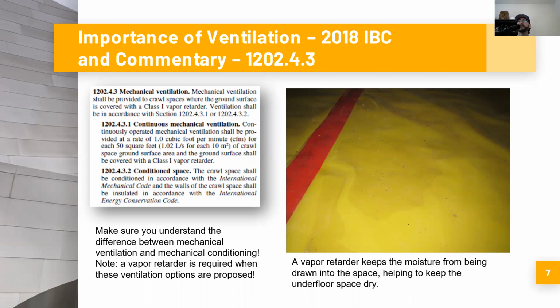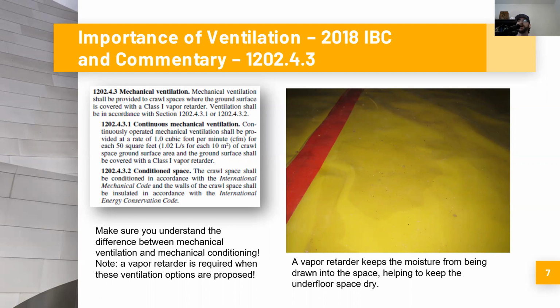And it's kind of funny because it's a little redundant now. The vapor retarder is noted in the base section for mechanical ventilation, but then it's also noted a second time under the mechanical ventilation subsection 0.1. Here's what that says. Continuously operated mechanical ventilation shall be provided at a rate of 1 cubic foot per minute for each 50 square feet of crawl space ground surface area, and the ground surface shall be covered with a class 1 vapor retarder. So it's a little redundant because the base section already says the ground surface is covered